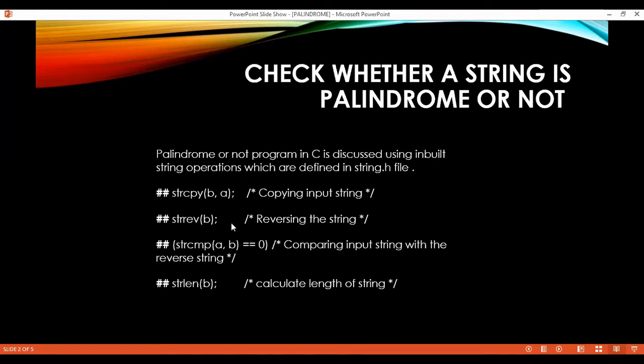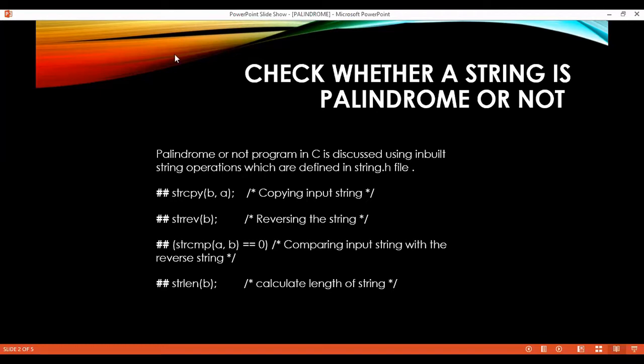It reverses the given string. For example, the reverse of man is nam, so the output of strrev for man will be nam.